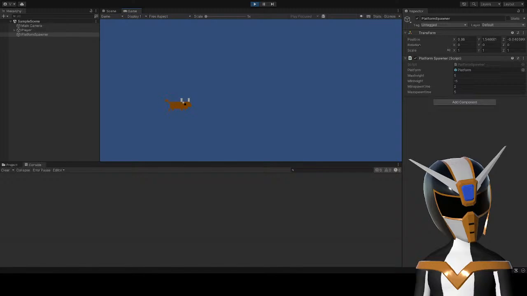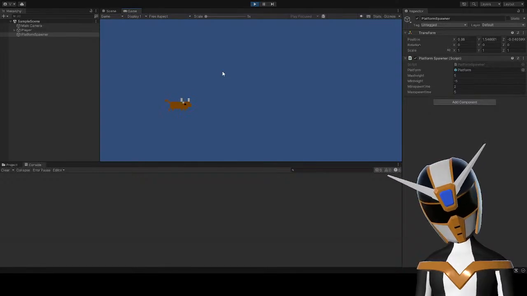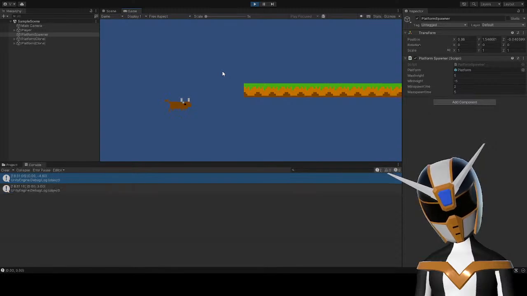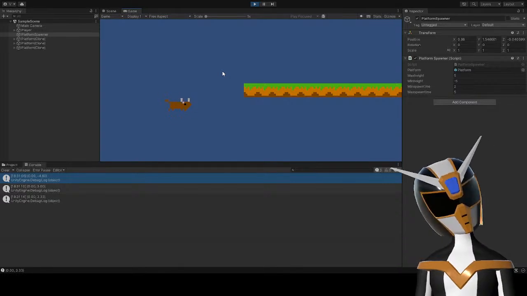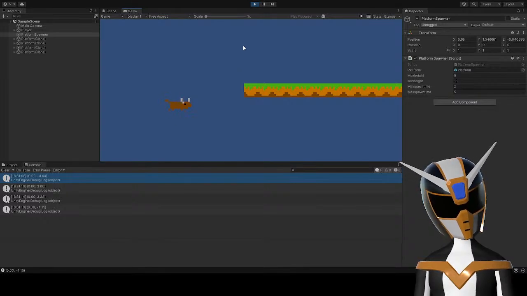Why did the music stop? Video paused. I'm so confused. I don't know why I pressed play again as if I'd get any kind of different result from this. This is silly. This makes no sense.